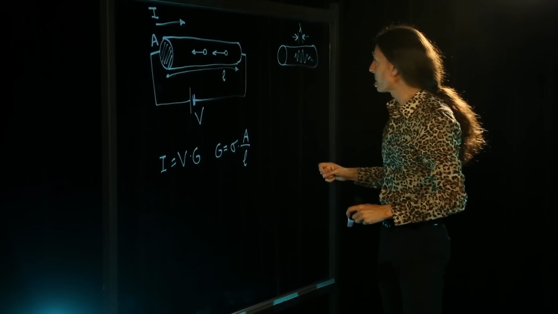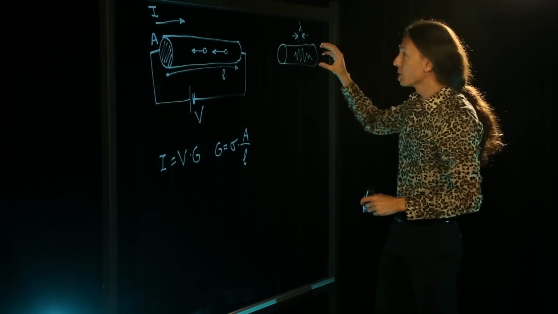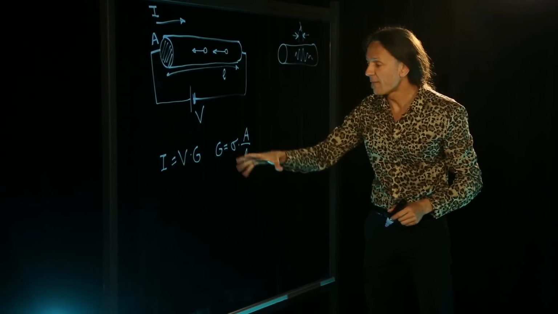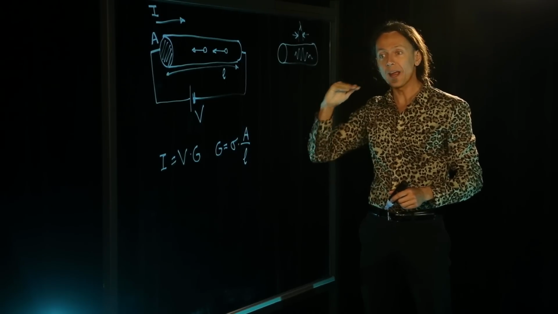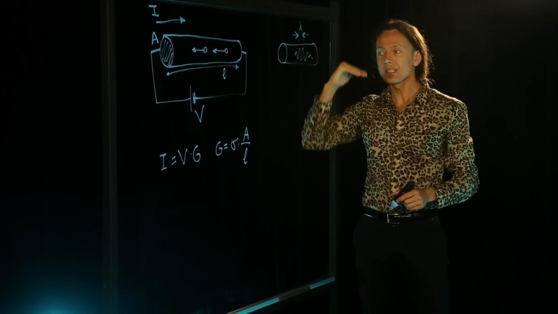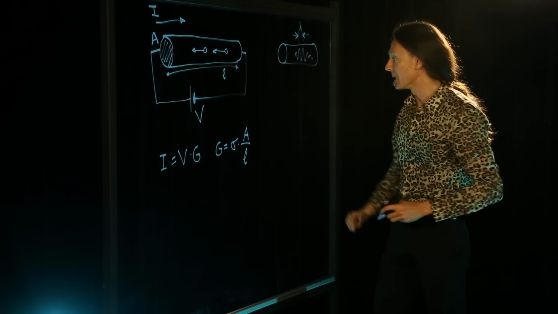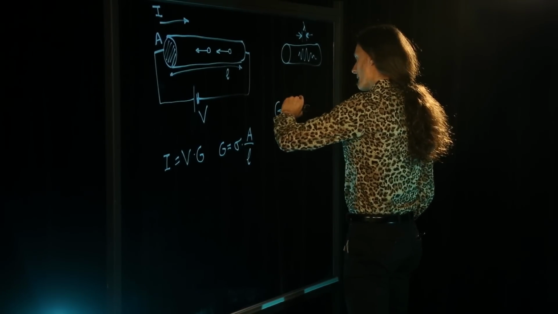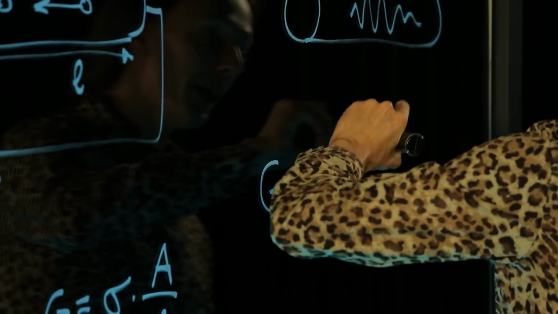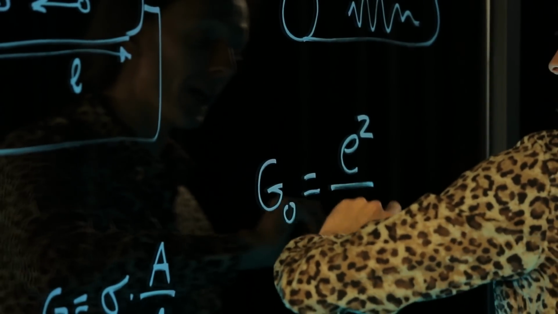And so when this happens, you get conductance that no longer varies in a smooth way depending on the dimensions of the wire, but varies in quanta, in steps, in discrete increments of a fundamental quantity of nature that's called the quantum of conductance, that's given by the square of the electrical charge divided by the Planck